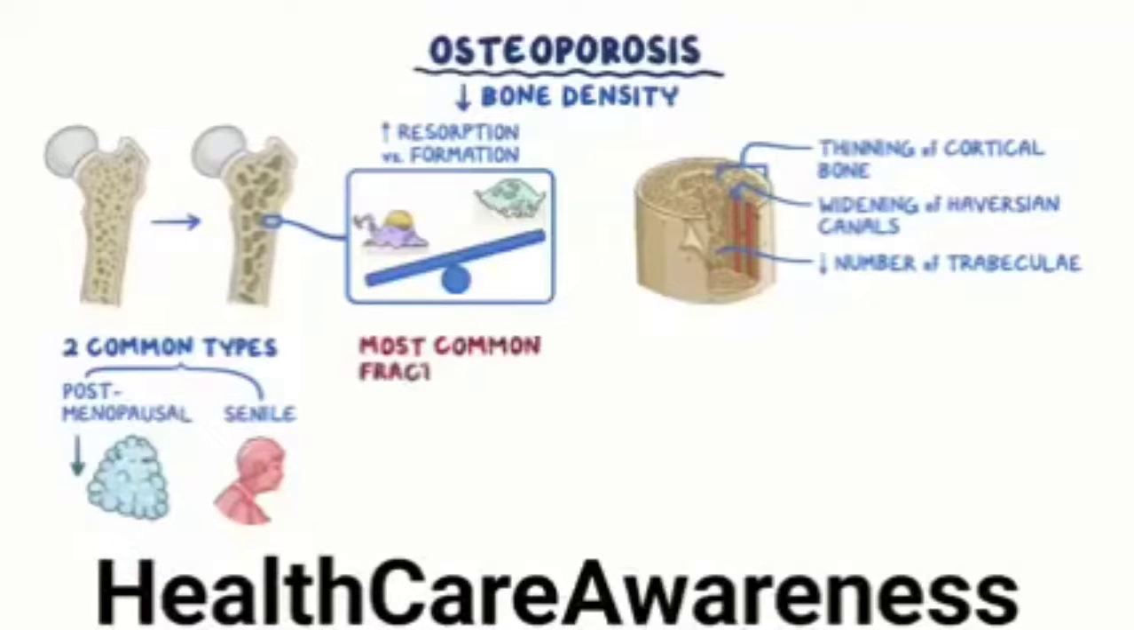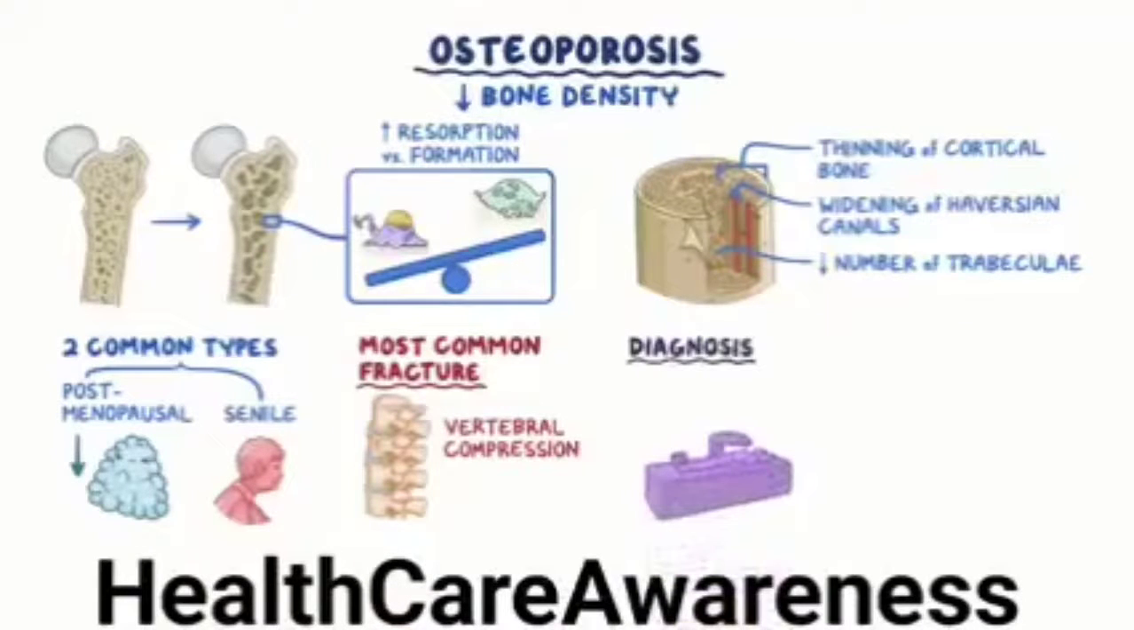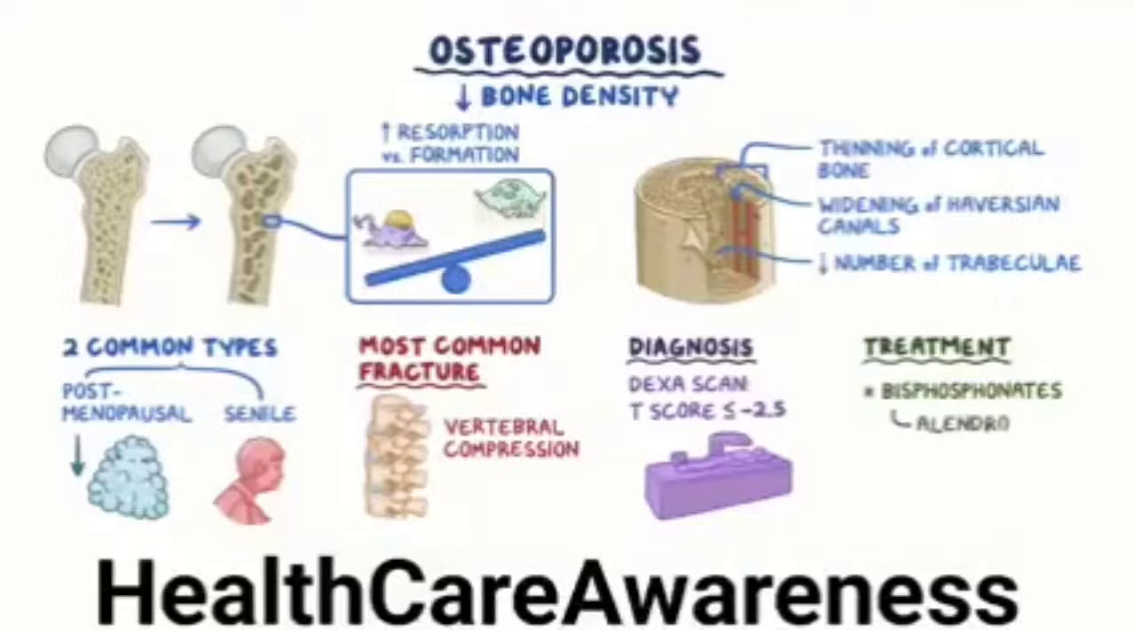The most common type of fracture in osteoporosis is a vertebral compression fracture. Diagnosis is done with a dual-energy X-ray absorptiometry, or DEXA scan, where a T-score equal to or less than negative 2.5 equals osteoporosis. First-line treatment relies on bisphosphonate drugs like alendronate and